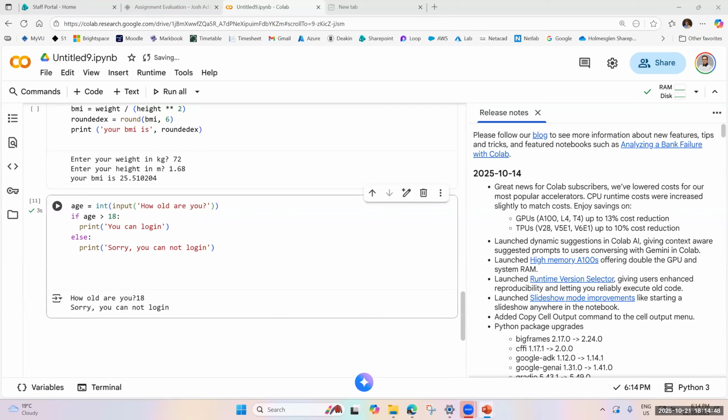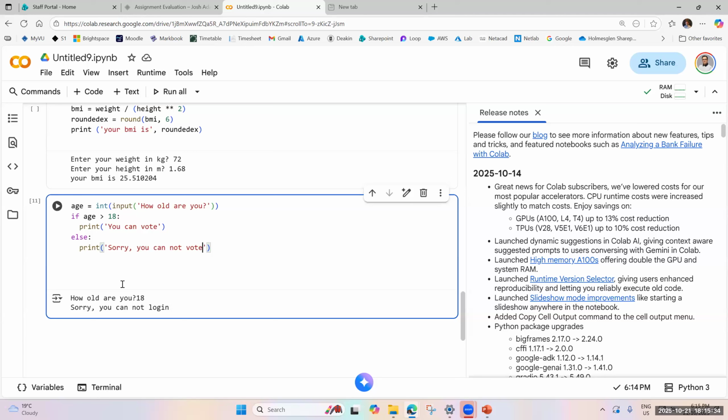Okay, so let's still work with a couple of more examples. You can change this instead of login. You can say it's voting. If you are over 18, you can vote. If you are not over 18, sorry, you cannot vote. In these situations, you are over 18 or you are less than 18. Imagine a situation that, for example, if you are between 18 and 23,